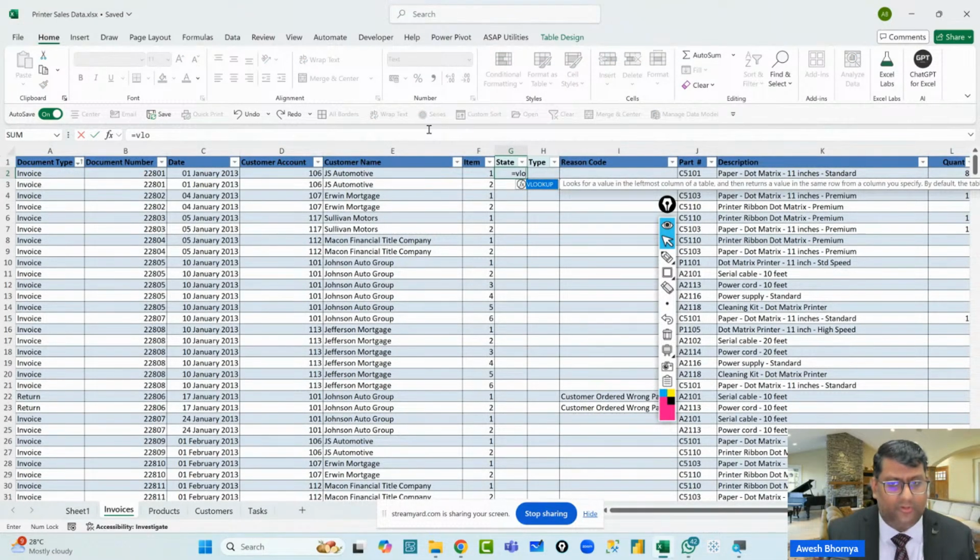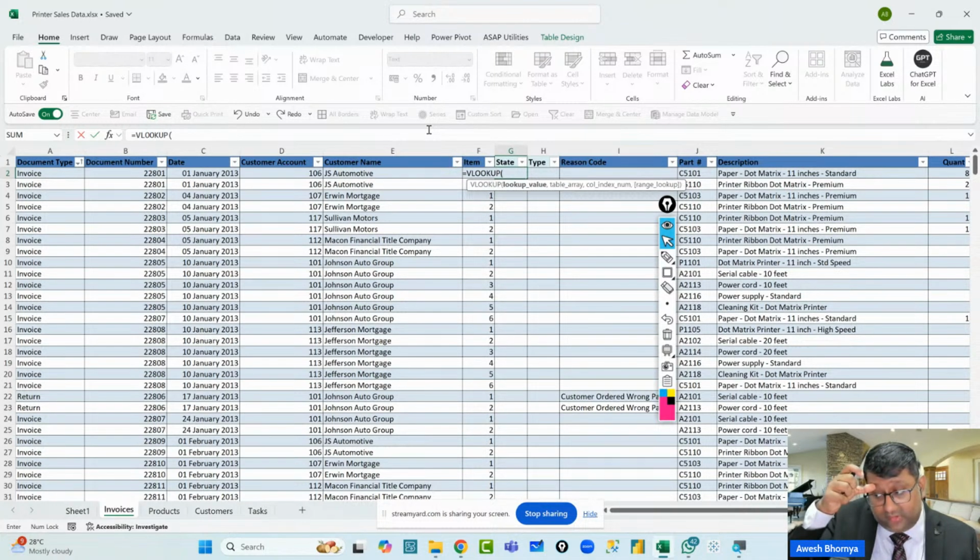Now, because I'm doing it for the first time again with this particular situation, let's just use the shortcut. So what is the shortcut to get the function arguments dialog box? How do I get the function arguments dialog box? What is the shortcut?